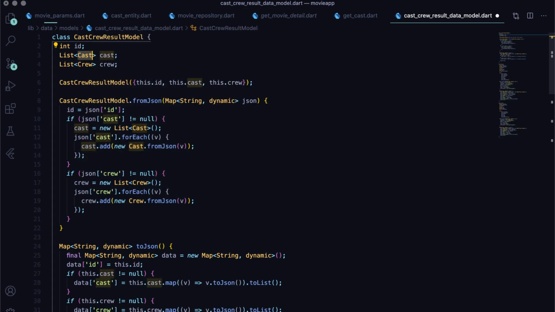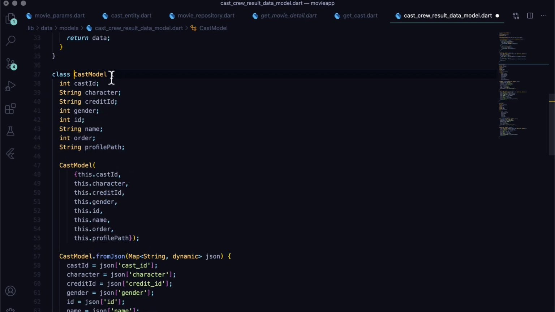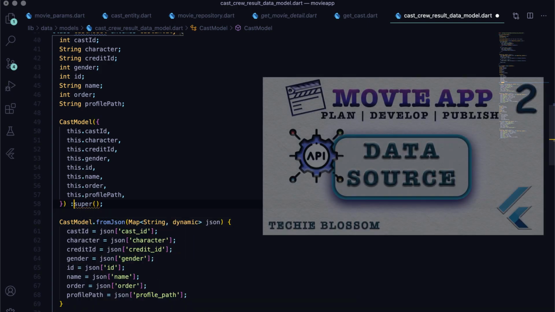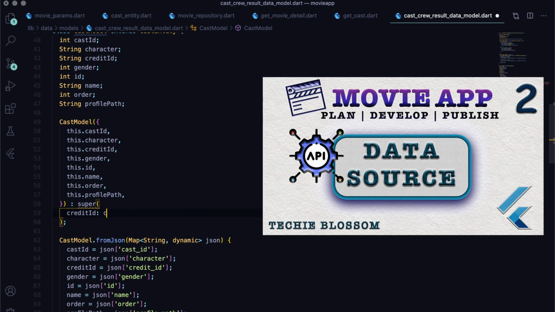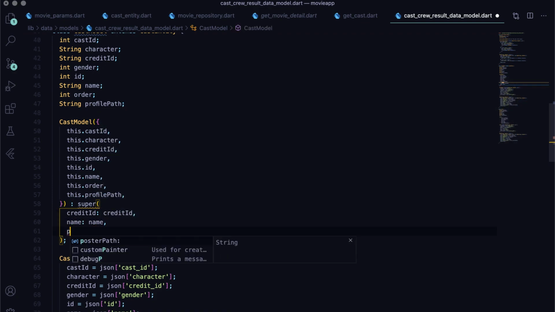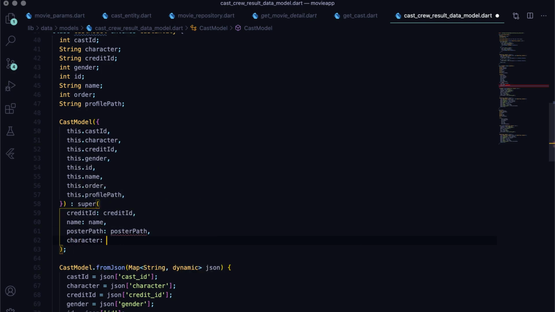We have to make some modifications because sometimes, based on the JSON, the JSON2Dart tool is unable to create proper subclasses. Make all the fields final and make the fromJson method a factory method. You can refer to the data sources video for similar steps. While you are doing these code changes, you will also extend the model with the entity and use the super constructor to fill in values in the entity instance.